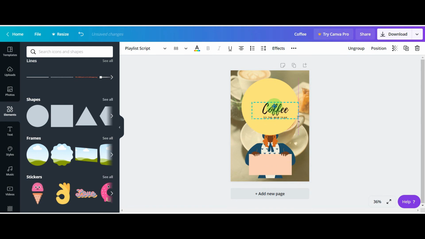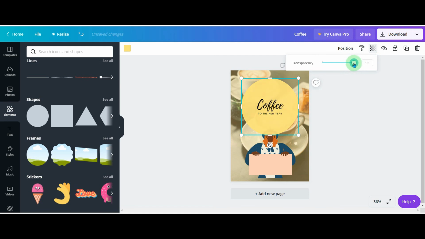Let's take our text and put it on that. Then you can adjust the transparency of that so it doesn't break your image. But yet you can see it is better than using no shape at all. The text will disappear into your picture, but by using a shape underneath your text, it will be more visible.